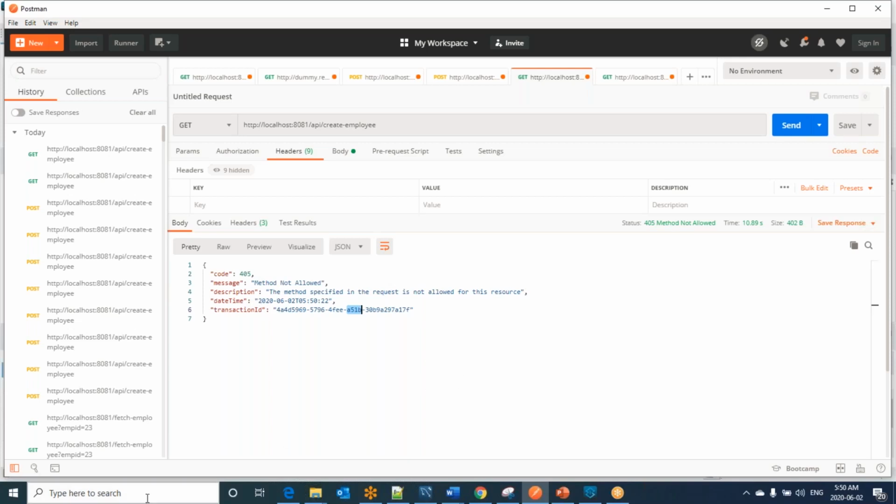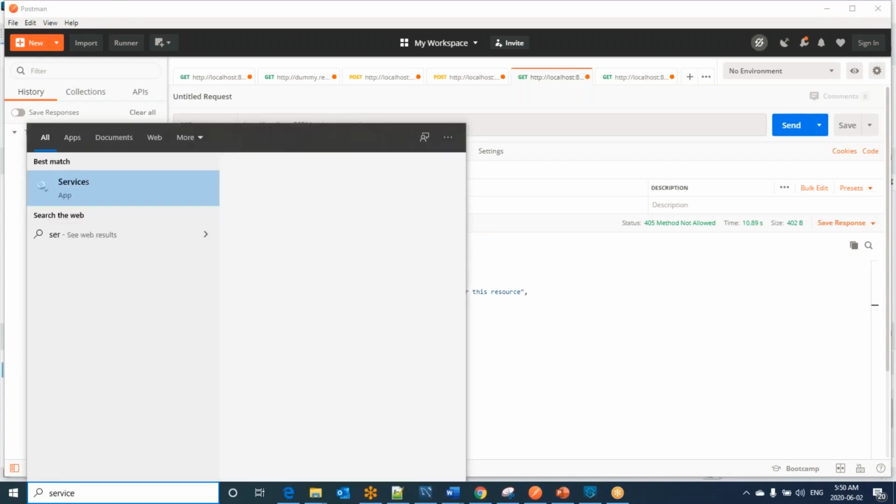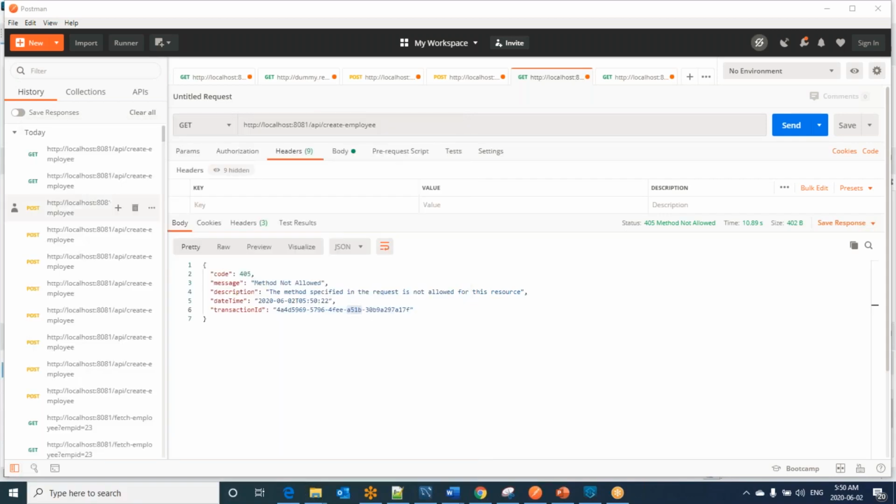Let me show you one more error. Let me stop the database. If the database is down, assume in production we lost database connectivity. Then how does our global error handler behave during that time? Let me go to services to stop the MySQL database process.